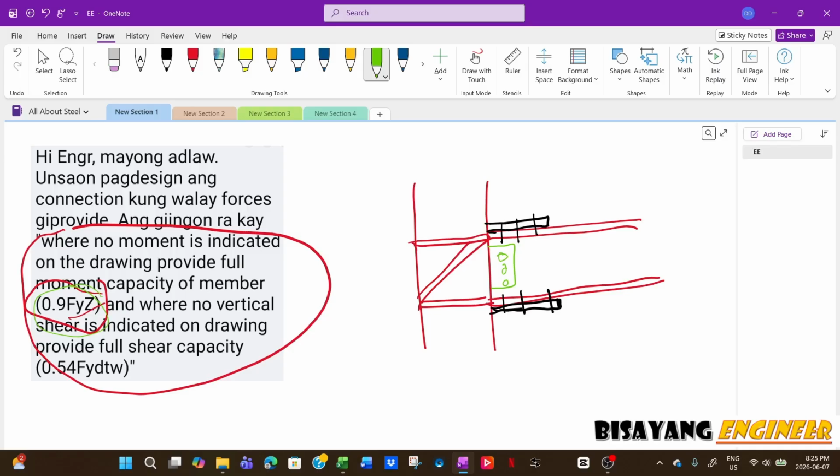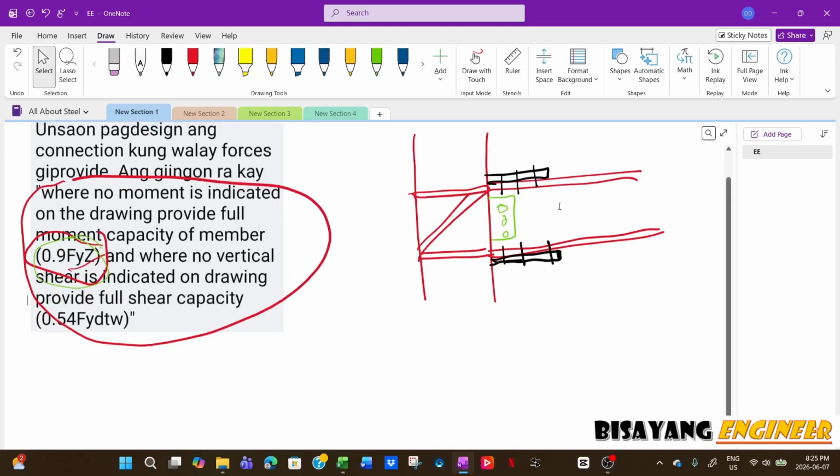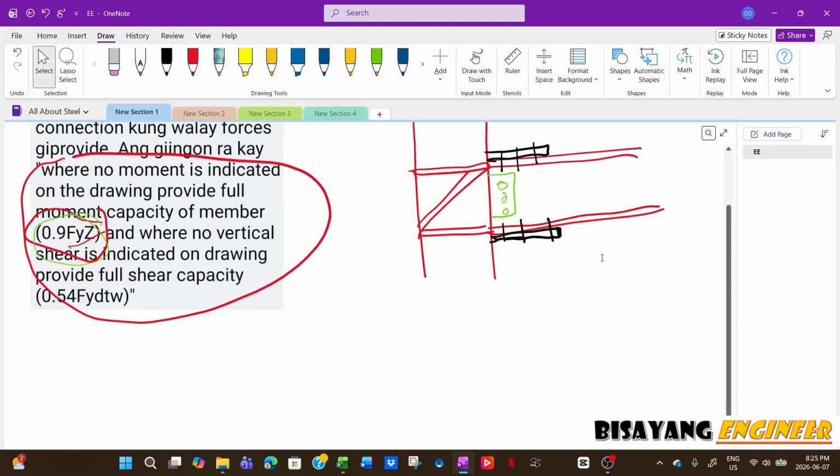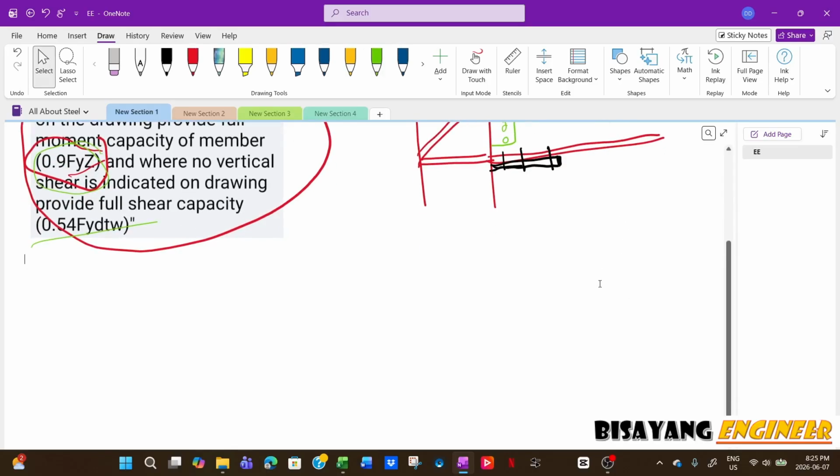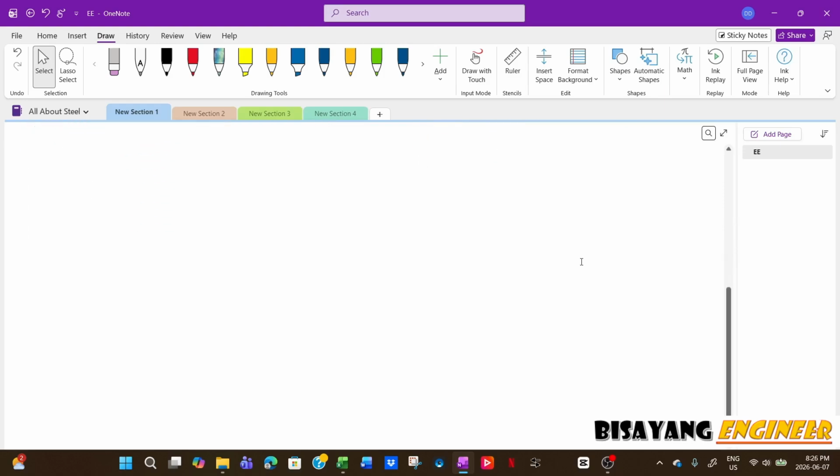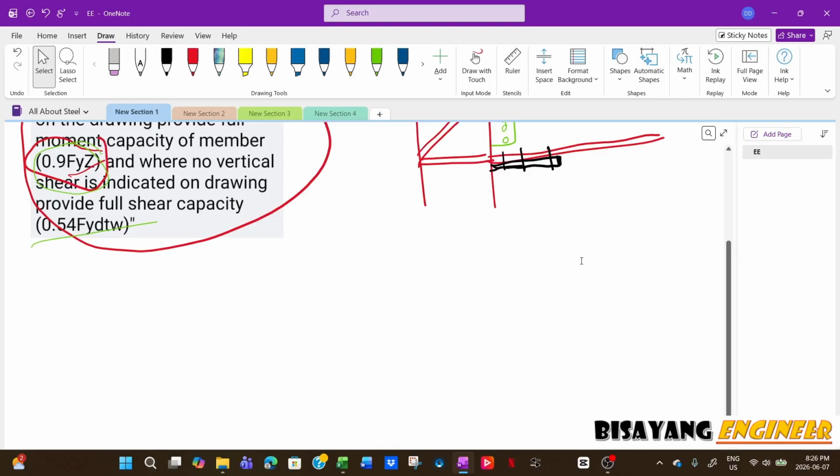And I don't typically do that. I will determine whatever's the actual demand, then I will design based on that one. But most of the time, I will have some kind of a table, same with this one here. So for the shear, I will use the actual or whatever's the required shear, and then sometimes I will add maybe 25% of the demand. What I usually do is, instead of